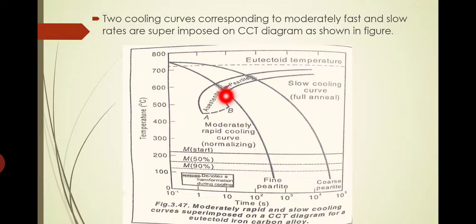As from our earlier discussion of the TTT diagram, we know that for a lower cooling rate the cooling is done by furnace cooling. What do you mean by furnace cooling? Before doing the heat treatment, we initially raise the steel's temperature above the eutectic temperature, above 727 degrees Celsius. Only then will we have austenite in its stable form. So we have to raise the temperature to the austenite region, which is accomplished by placing the specimen in a furnace.